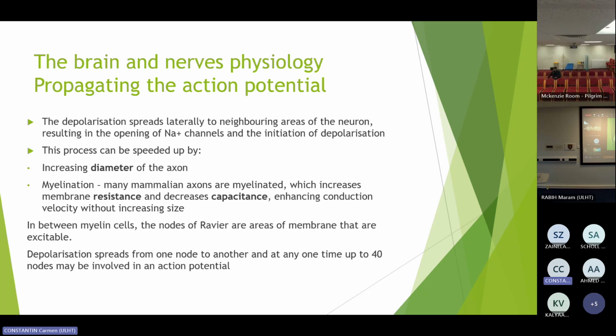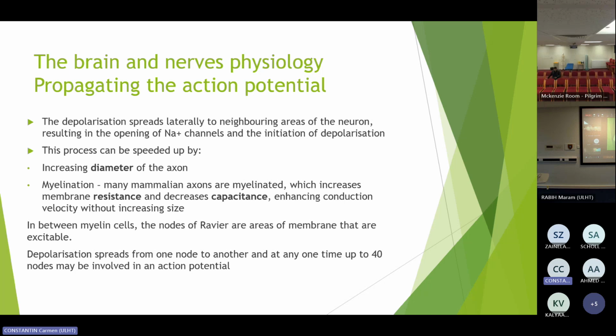First of all, the depolarization spreads laterally to the neighboring area of the neuron, resulting in opening of the sodium channels and initiation of depolarization. This process is sped up by increased diameter of the axons and also by myelin, which increases the membrane resistance and decreases the